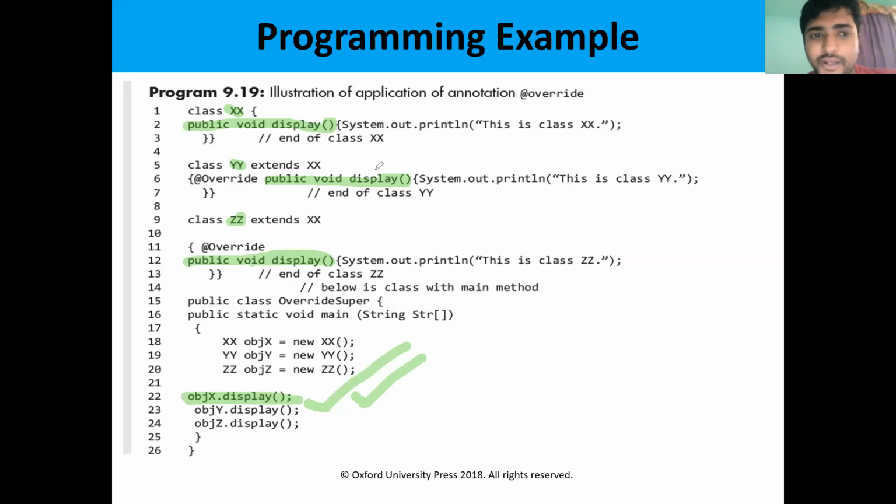For that purpose, we write the annotation here. We write @Override. It means the compiler knows that this is an overridden method, so for display there is another display method in the superclass. Like that we can write @Override. This is a predefined annotation. We have many types of annotations, and based on the purpose we can use them, such as @Override. So this is the basic concept of annotations.